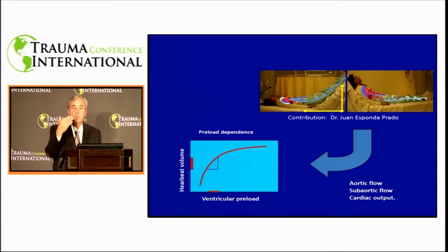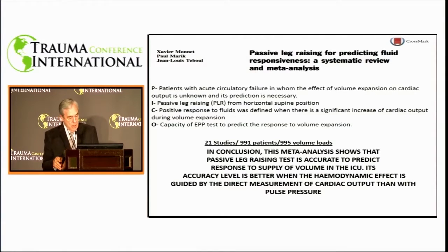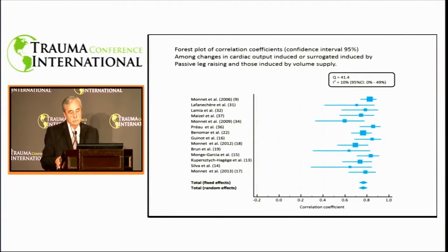It's that the preload increased because the heart pumped, and it's a good indication that the patient will respond to volume. I reviewed the studies that exist as to raising the legs, and I found a very good meta-analysis which reviewed almost all of the studies that had been published previously as to raising the legs, and they do indeed consider it, as you can see here,